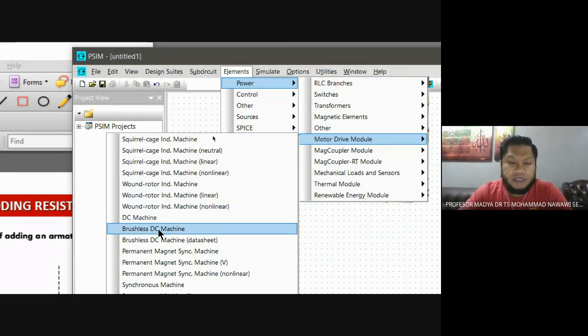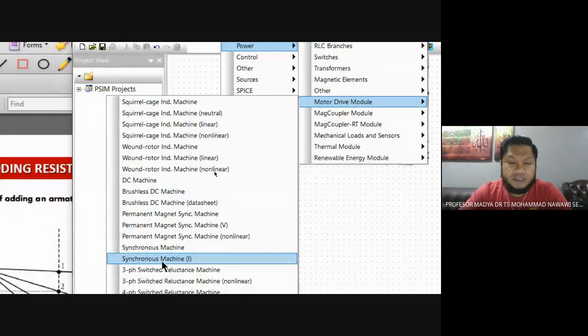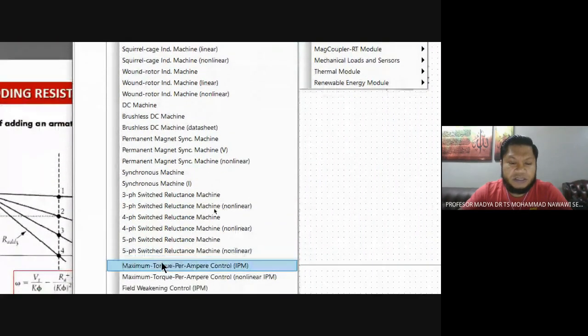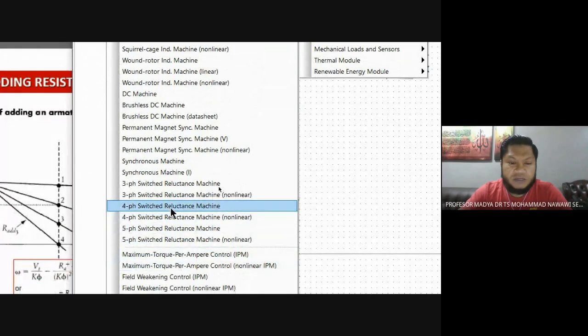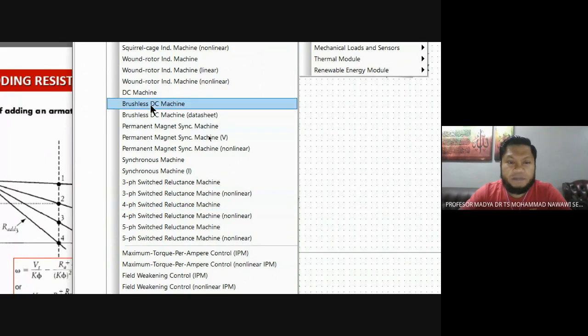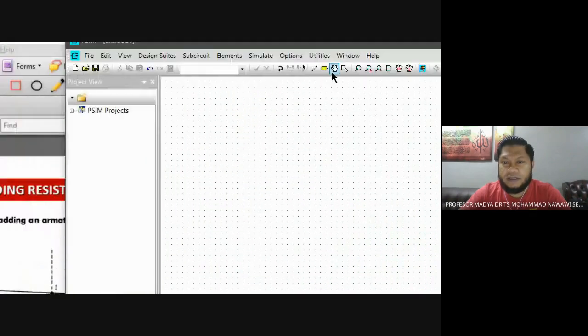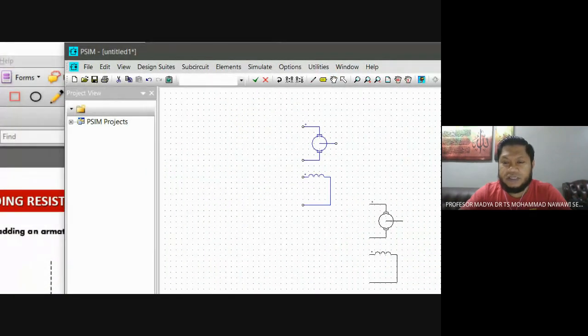We have a DC machine, a brushless DC machine, synchronous machine, a switch reluctance machine, a more advanced switch reluctance machine. We're going to learn how to use the switch reluctance machine later on, as well as the brushless DC machine. So we start with the basic DC machine. Right? So click DC machine, and we have that. This represents the armature circuit, and this will represent the field winding. So if you double click that,